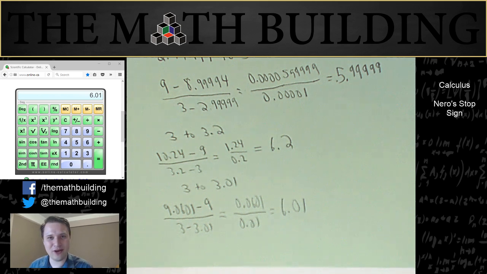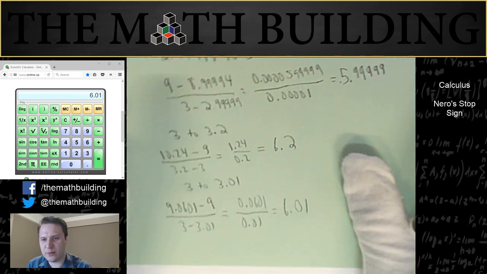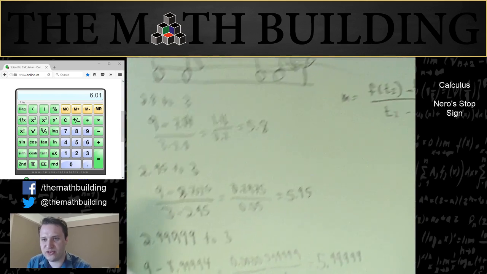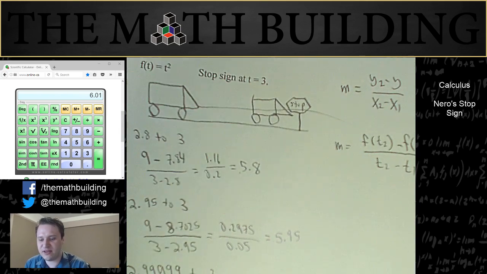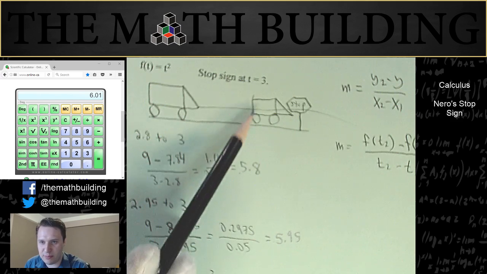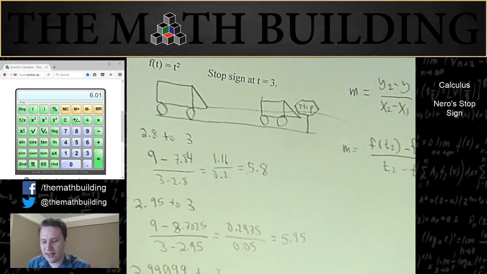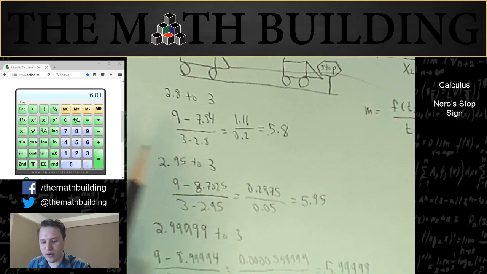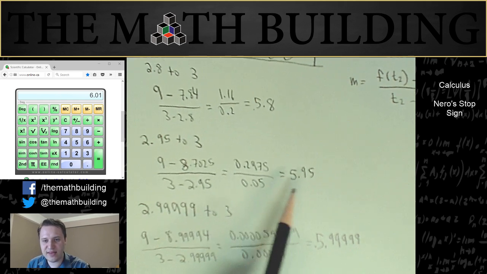Hello there, my name is Gregory Carlson, and we're in the calculus building, and we're trying to figure out if Nero stopped at that stop sign for an infinitesimal amount of time. For that one frame, did he stop at that stop sign? And it's not looking good for him, because as we take his average speed, as he gets closer and closer